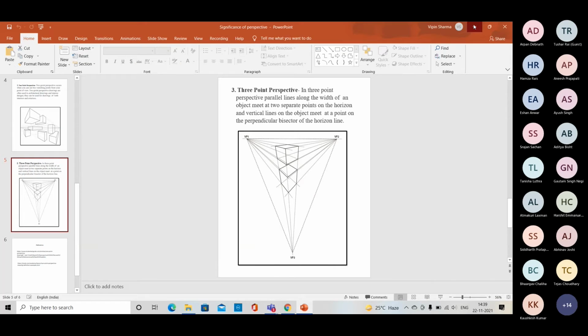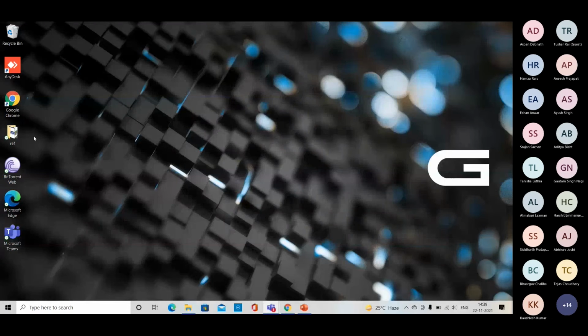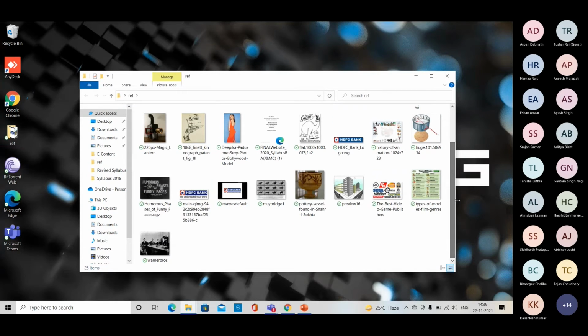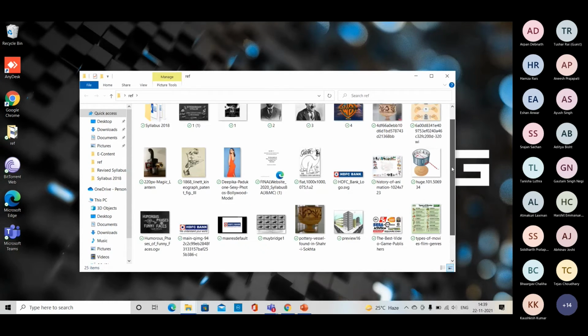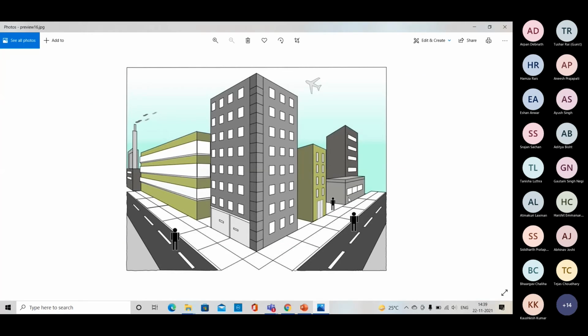Okay, give me 1 minute. I'm just going to share a reference drawing now, which you have to convert into 2-point. Is it visible? Is this drawing visible, everyone? Yes, sir. Okay, so everyone can understand the eye level and the vanishing points. Yes, sir. So which point perspective is this? 2-point perspective, sir. It's a 2-point perspective. And where is the eye level? Mid eye level, definitely good.